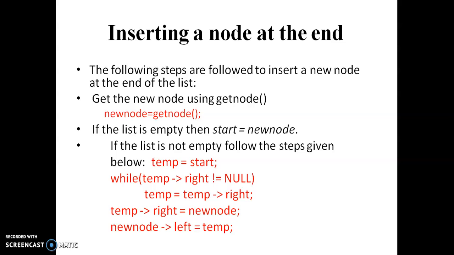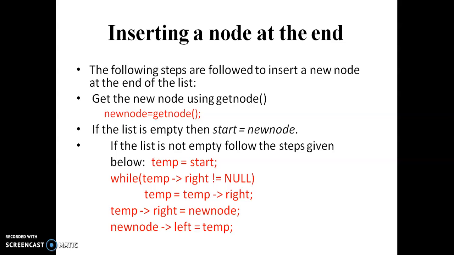So to add a node at the ending, we need to move through the linked list up to the ending node, that is, until next is null. Here we are checking while temp of right is not equal to null, whether the temp node's right value is not null. Until then we keep moving from one node to another. Once it reaches null, we stop the loop and add our new node after the last node: temp of right equals new node.